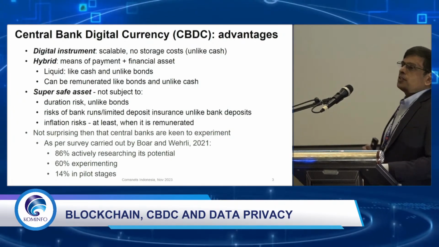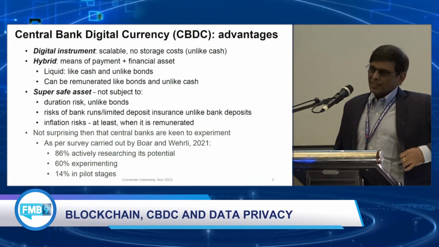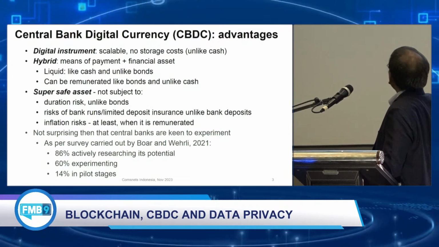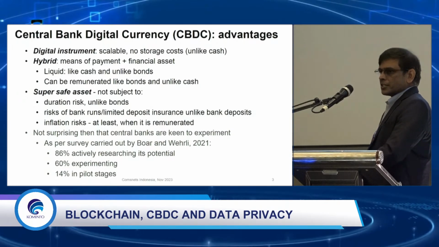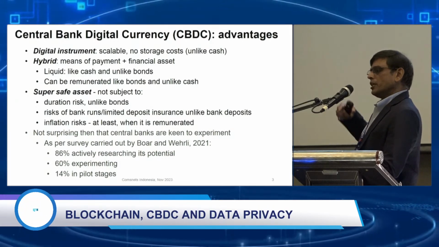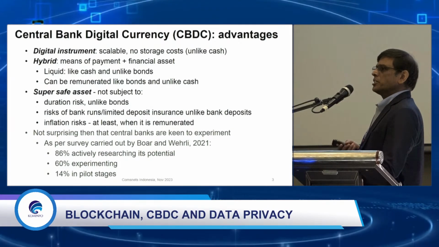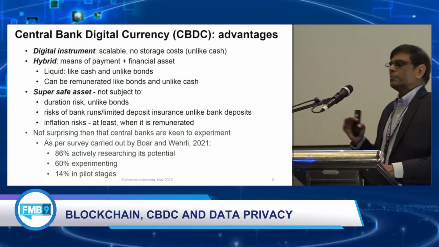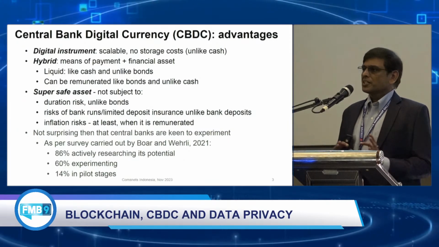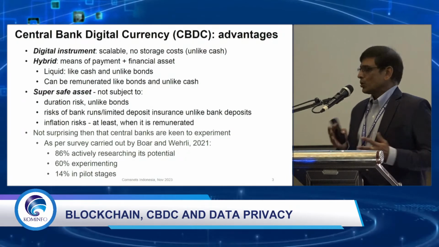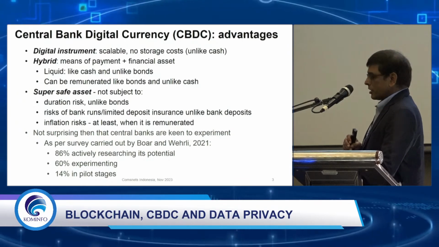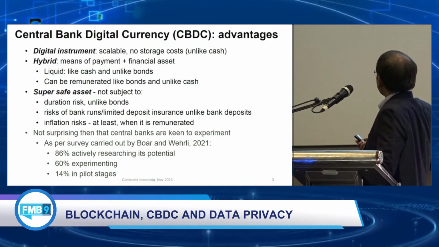But of course, the way in which CBDC is implemented in many countries, like for example in India, we don't give interest-bearing CBDCs, so that bond part has been taken out. I'll explain why. And it's super safe because it's directly issued by the central bank from its reserves directly to customers, and it doesn't use intermediaries like banks and so on. So there is no danger of a bank run. For example, today, we know that many mid-sized banks in the US have gone bankrupt, there's a run on those banks. With CBDC, there is no such danger, just like having cash in your hand. So it's very, very safe because it's a central bank instrument. And there are no inflation risks, at least when it's remunerated. If you give interest on CBDCs, then it can protect against inflation risk.